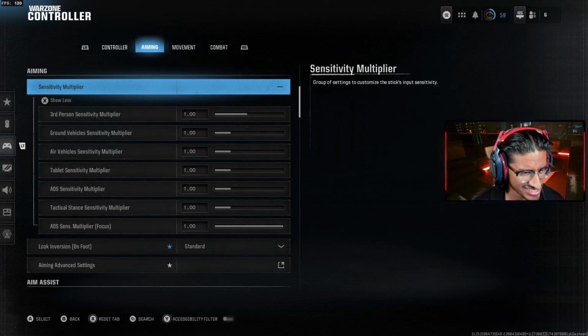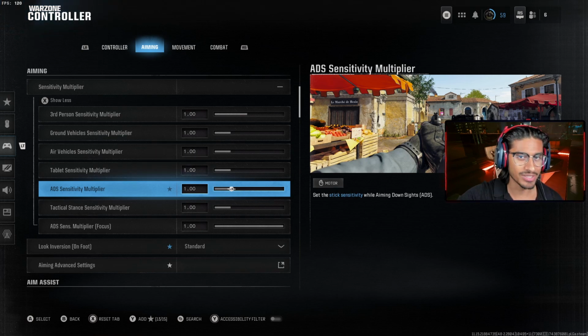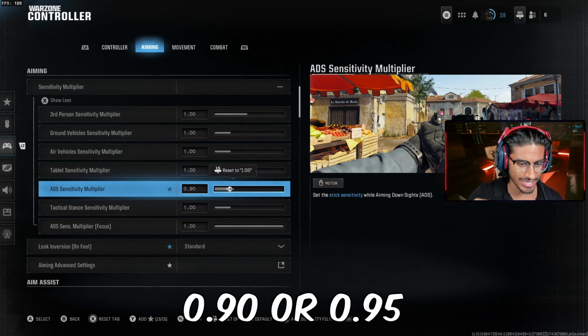Now, let's click on sensitivity multiplier. Let's go all the way down to ADS sensitivity multiplier. Now, I know a lot of y'all are probably playing Verdansk. I know a lot of y'all, like we said, are new and returning players. So what you probably want to do if you are a slower paced player is probably play at 0.9 or